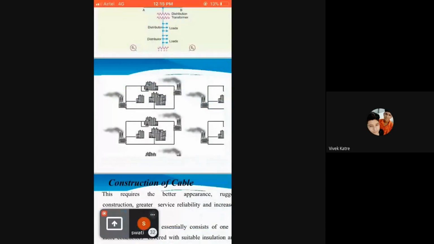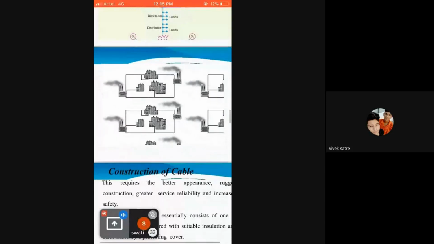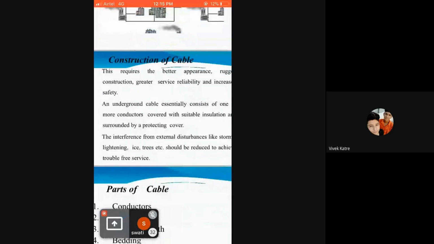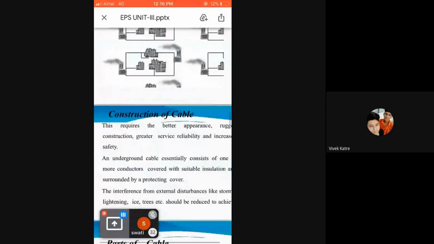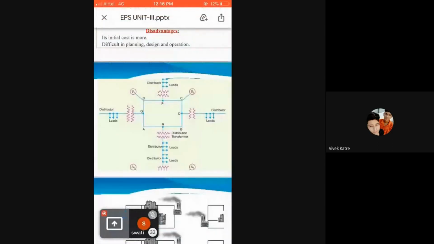Now let's move towards the interconnected distribution system, which is the third type of classification of the distribution system. Under this interconnected system, when a feeder ring is energized by two or more generating stations or substations, it is called an interconnected system. It is supplied by a number of feeders. Radial primary feeders can be tapped off from the interconnecting tie feeders.